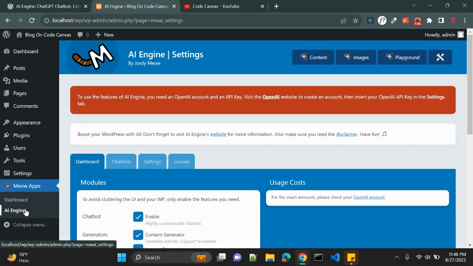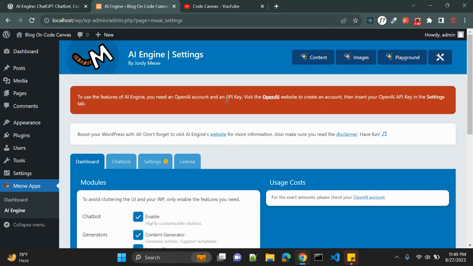This is our main page, AI Engine. So, guys, if you want to use this plugin or any other plugin related to ChatGPT or OpenAI, you need to create an OpenAI account and create an API key, and you have to use that API key in whatever plugin you are using. If you are not using WordPress and you are using any other platform, you still need an API key to call the OpenAI API, and whatever function they are providing, you have to use those APIs. In this video, I have created the API key in advance,